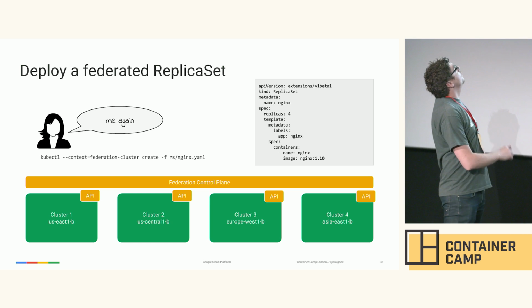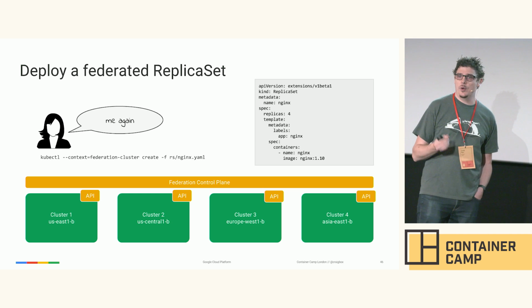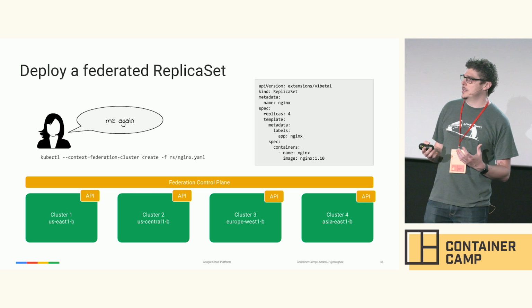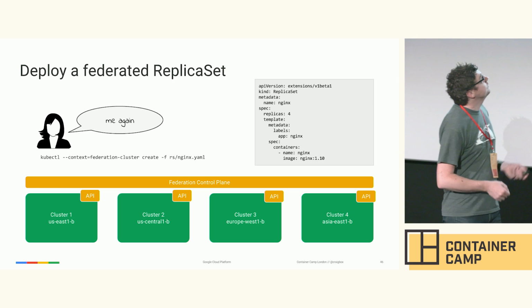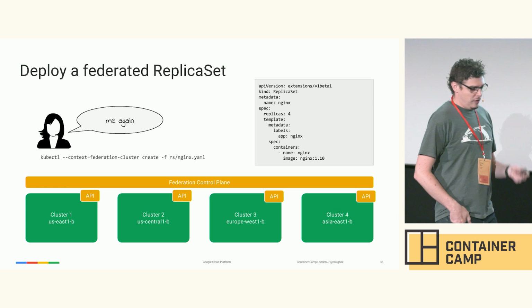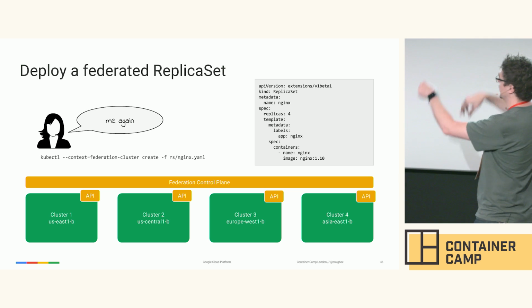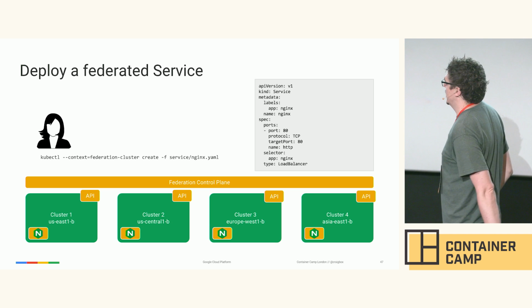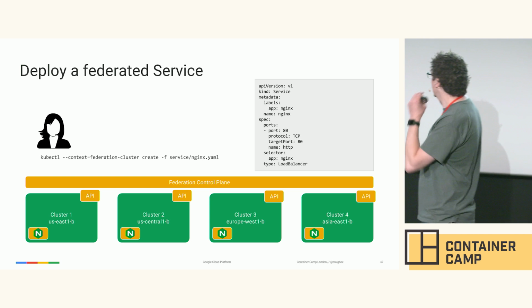New in 1.4, federated ReplicaSets. So we want to run a particular thing, and we want it to replicate. But again, we're worried that we might lose connectivity between these places, so we don't want to run just within a single cluster. We'll federate worldwide. So you say you want 4 replicas. By default, it will try and spread them out, but there are policies that let you say how you want to cluster them together. And ultimately, I say I want 4 Nginxs, and we get one deployed here in this example in each cluster.